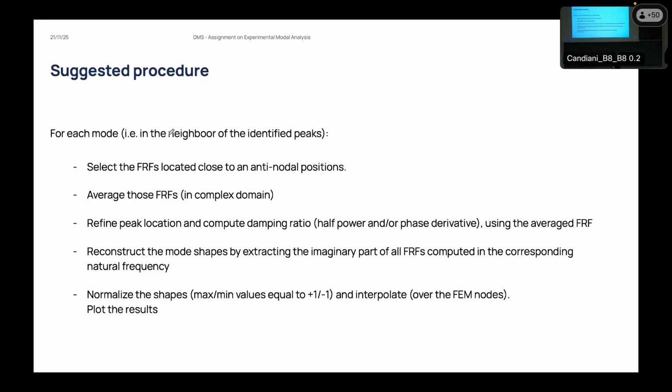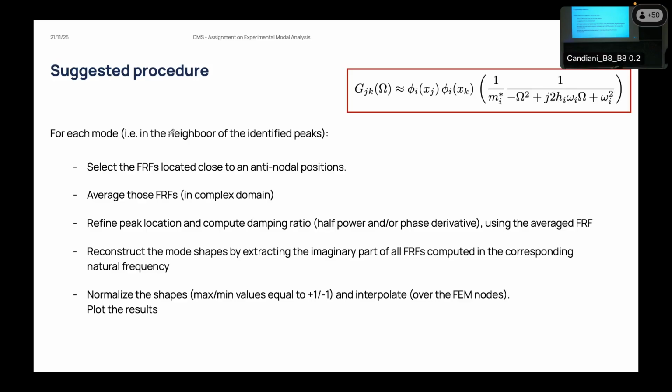Compute the average of the frequency response function. Why could we compute the average of the frequency response function? We could delete some background noise or measuring noise. And if you look at the expression of the frequency response function,